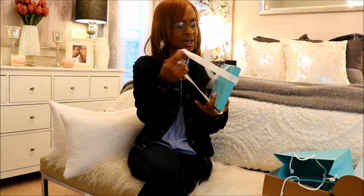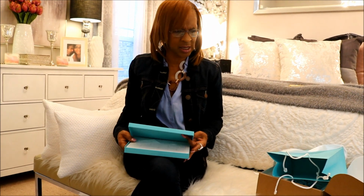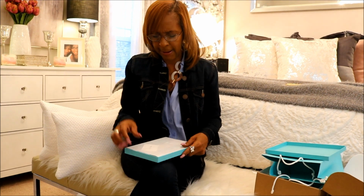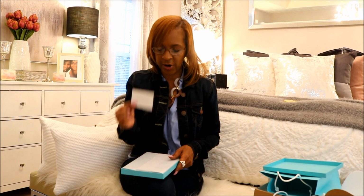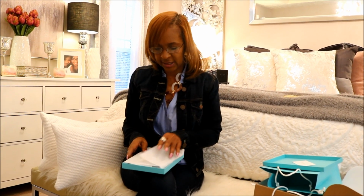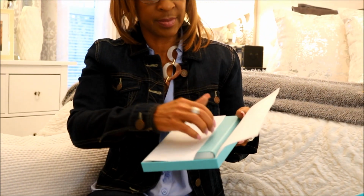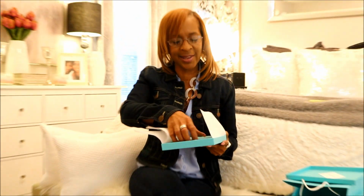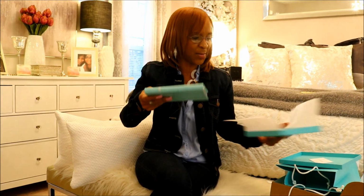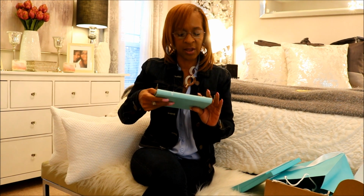And let me go ahead and take it out of the, oh, and you can tell that even in the box it is heavy. Okay, and what they included in here is a card as well, and they have it wrapped up pretty good. Like I said, this is the medium, and it is upside down because I opened it upside down. And this is the Tiffany and Co